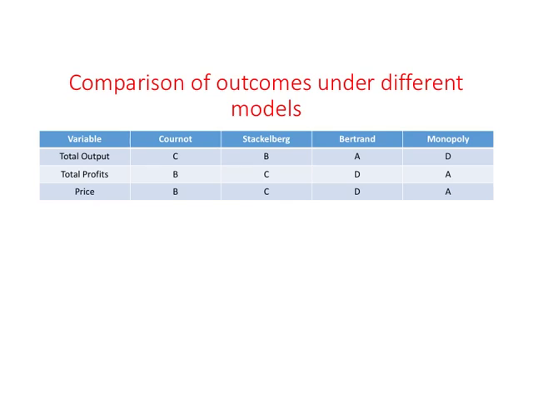Now let us compare outcomes under different models. We have Cournot's model, Stackelberg model and Bertrand model, and the key assumption here is that these firms do not communicate with one another. And like we have seen in the case of Bertrand model, the price and the total profits are driven to zero or to their lowest possible level.